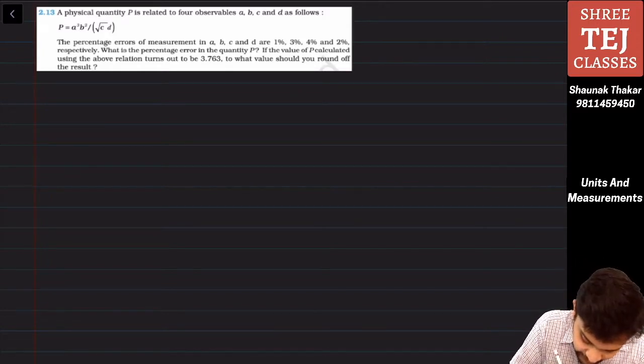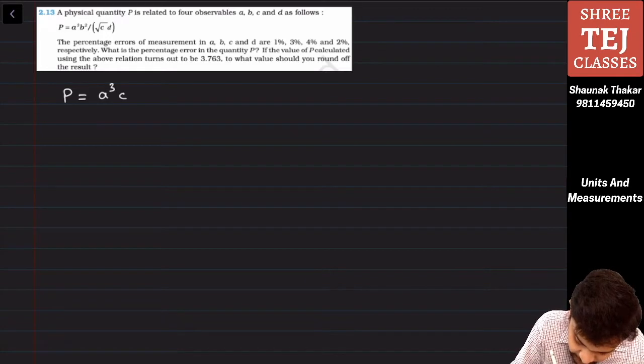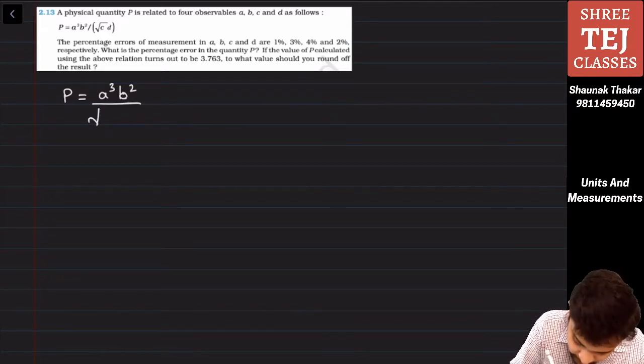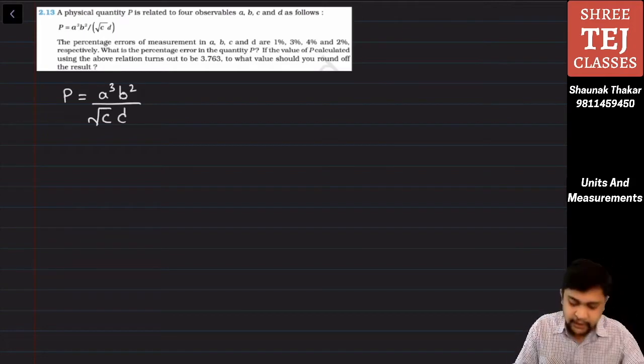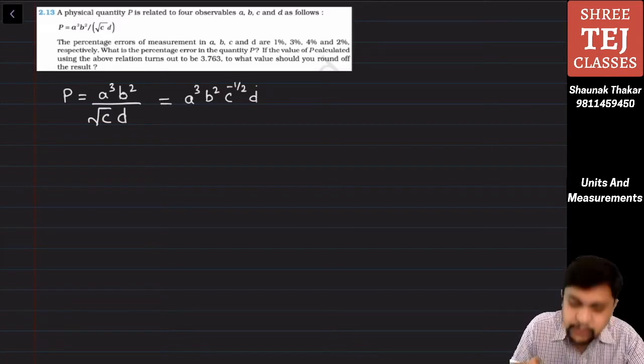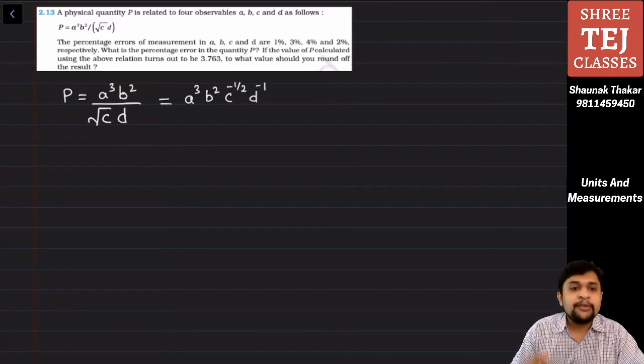So we have been given P is equal to A cube B square upon under square root C multiplied by D. Okay, so we can write this as A cube B square C raised to minus 1 by 2 and D raised to minus 1. Okay, we know that if P is being represented as product of four observables, what will